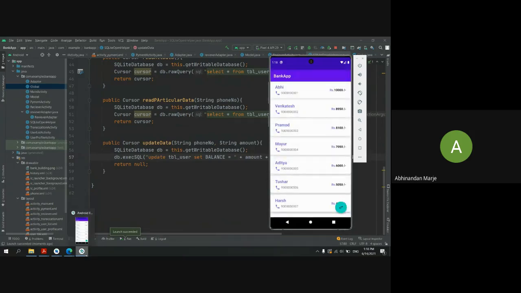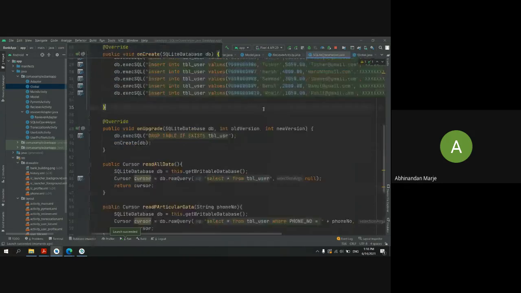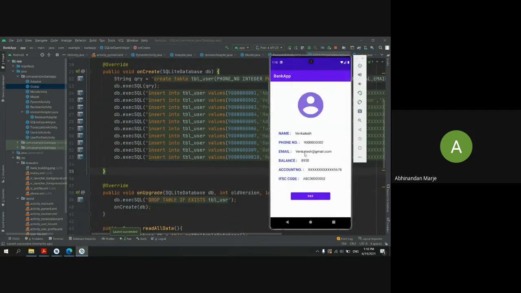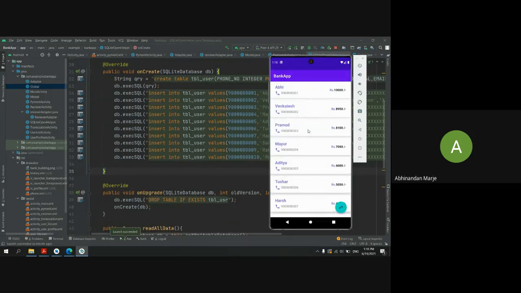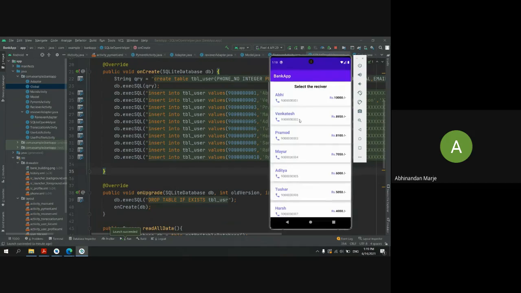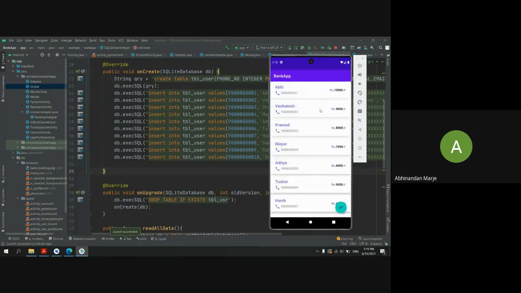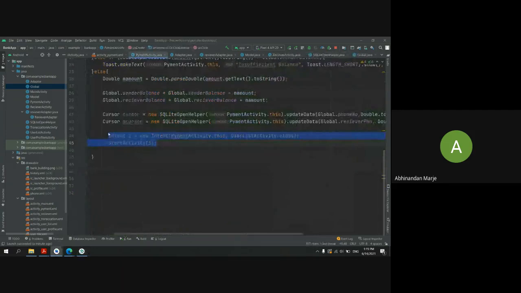Yeah, it is working now. Sorry for this. There was some spelling mistake I made. Yeah, you can see now whenever I'm making the payment it is getting updated here. And when I click on the user, there also the payment is updated. Let me show you once again. This time I will just repeat this. Yes. And now when I come back, you can see the balance is updated here.